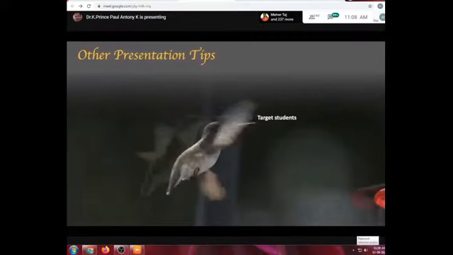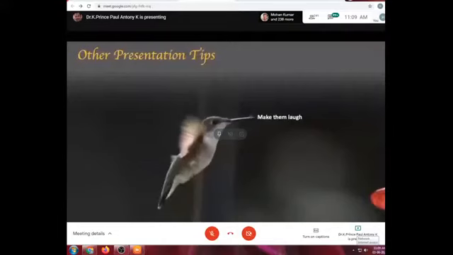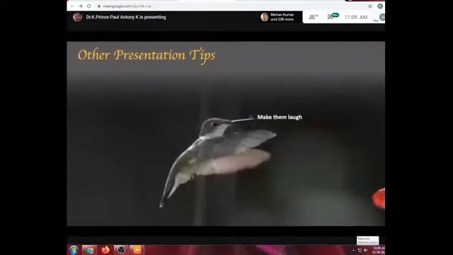Make them laugh. Here I cannot include some humor, since this is the first time I am here in HiCAS for a conference, and there are many senior faculty here. But in a forum with students, you have to add some humor, make them laugh, incorporate some jokes in between and put them at ease.